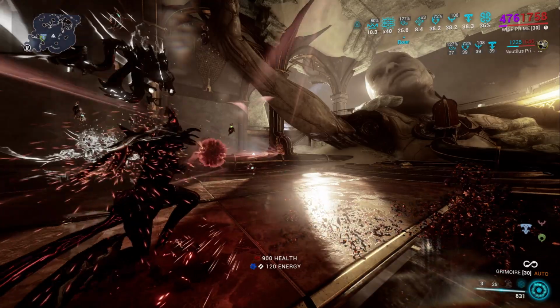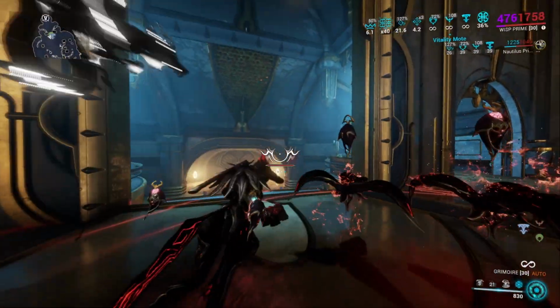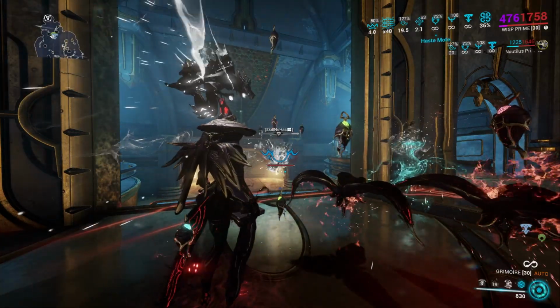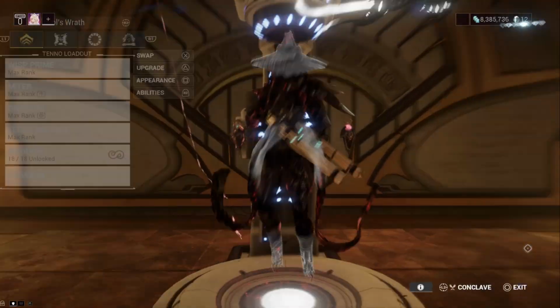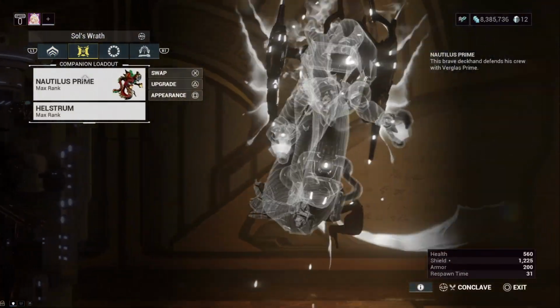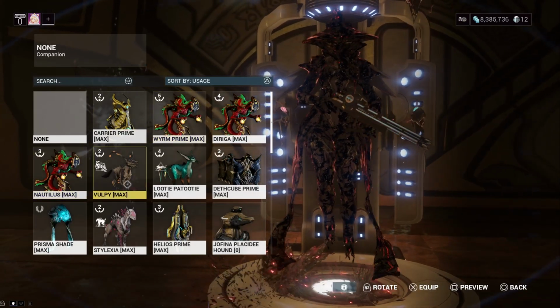Yes! The power of the sun in the palm of my hand. And that was without Breach Surge. Now, you can't even do this without Companion. Of course, it's going to be less effective, but if we were to, say, take off Nautilus, then we don't